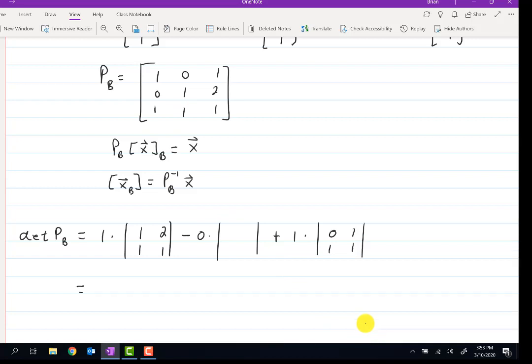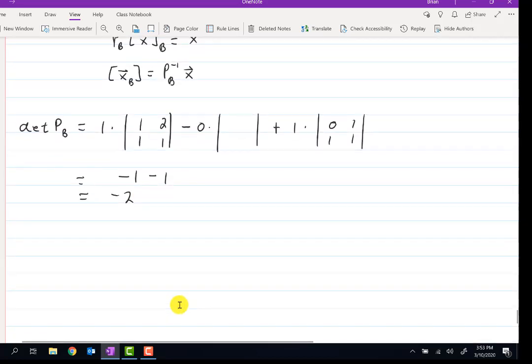So let's see what we get here. I get 1 minus 2 is negative 1. Over here, I get another negative 1. That's minus 2. So I know the thing's invertible. Well, that's nice. And of course it has to be, because since it's 1 to 1 and onto as a function, that means the function is invertible, which automatically means that the matrix is invertible. So I should have known that anyways, but to do part of the computation, we need to figure this out anyways. So if I want to do PB inverse,